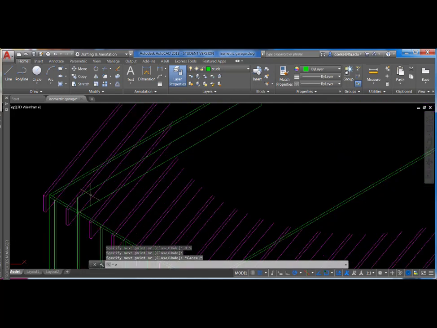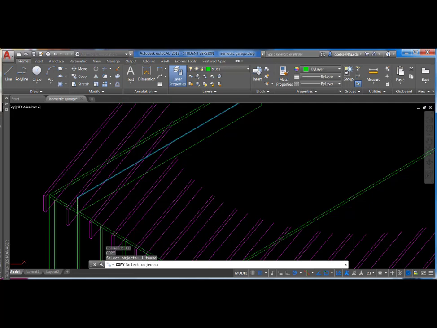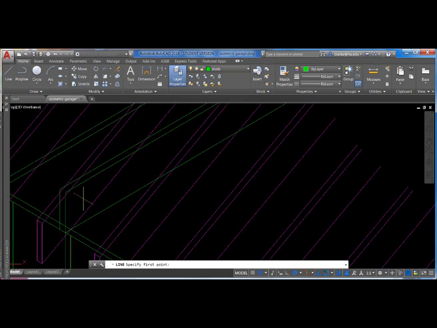so I'm going to copy this over, copy this and this over 1.5 inches in this polar direction, 1.5, and draw another line. Alright, so this, what they're showing is the joist has been trimmed off a little bit, so they have some kind of a feature like this in the joist. I'm going to copy that. Polar distance 1.5. Alright,